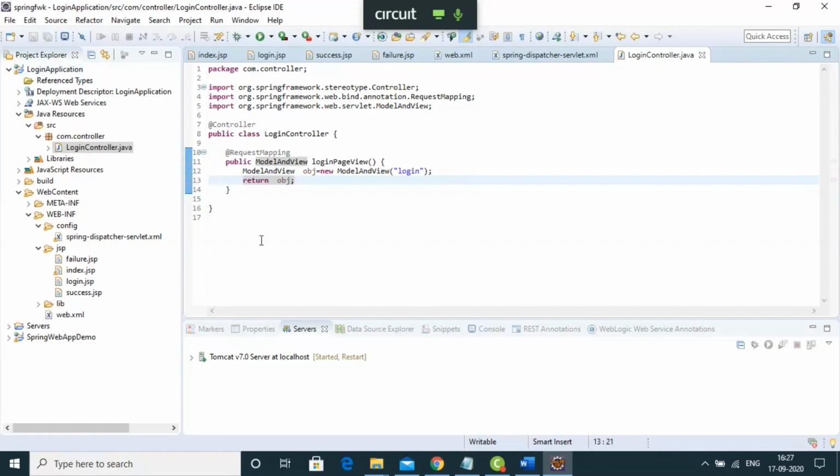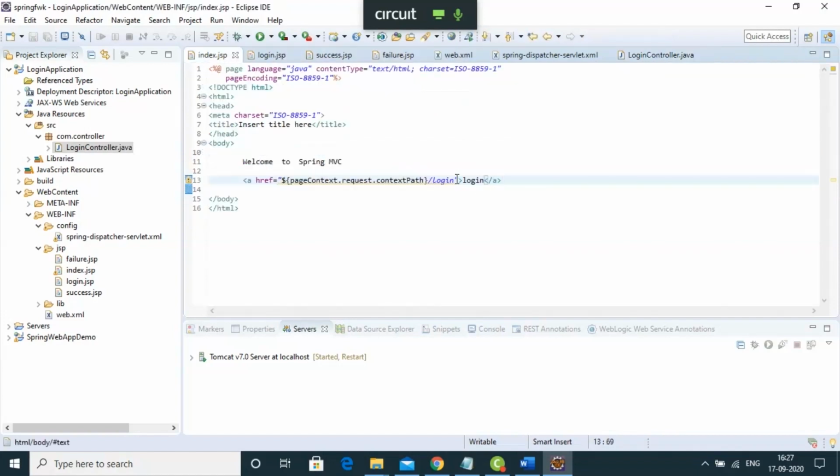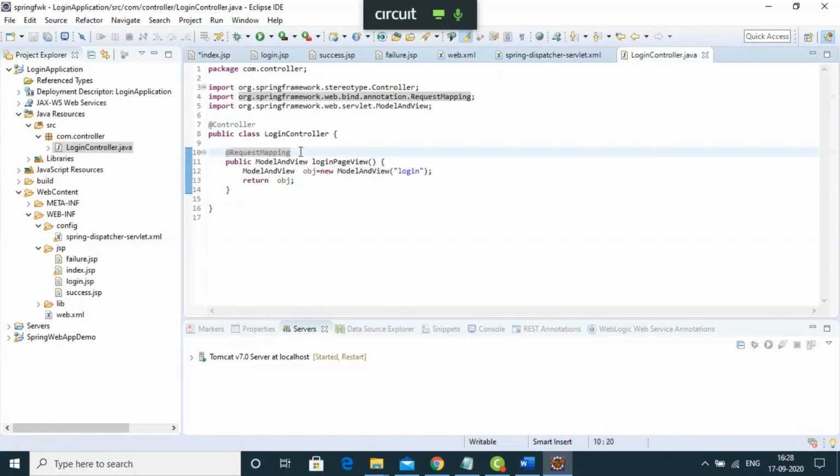This method is returning a ModelAndView object. Right? So this controller is returning a ModelAndView object. Now here I've used request mapping. So the request will come when, in the index JSP page, you are sending /login or /login1, whatever the name, a unique name should be there. So the request will go into this controller, the login controller, and it will check whether this name is there or not. So here we have provided the value as